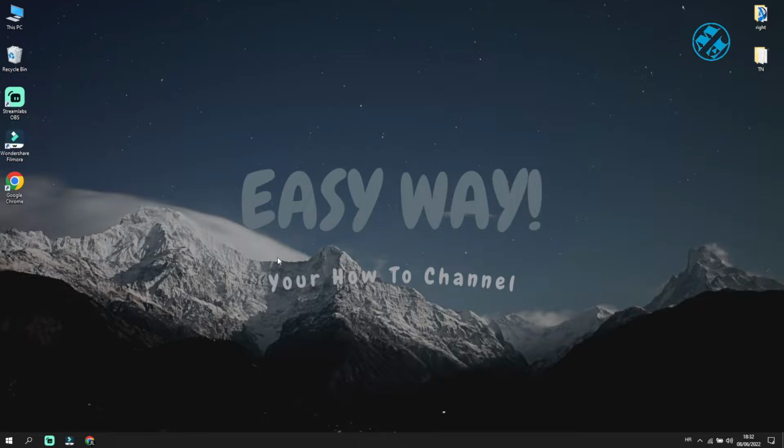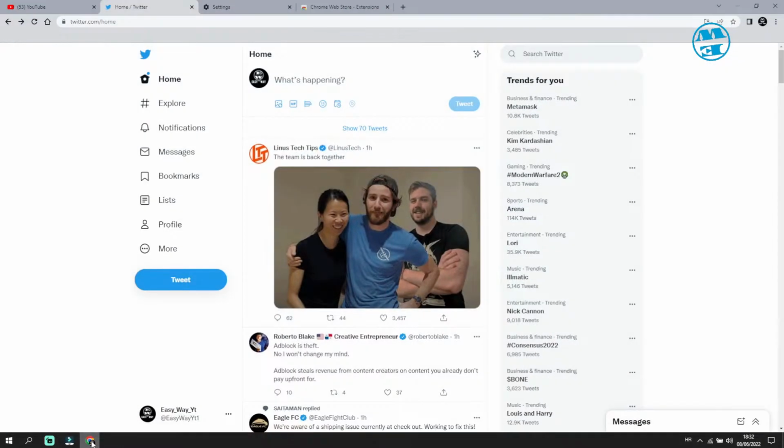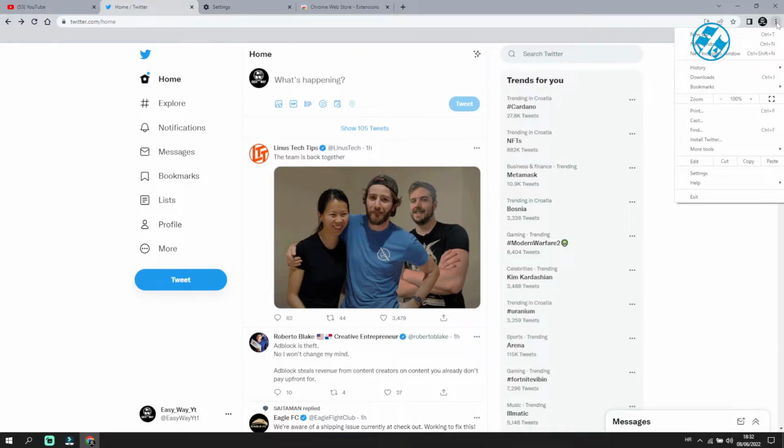Okay. First open Google Chrome, and go to the website you want to add as a shortcut to your desktop. For this video I will go to YouTube and Twitter, but you can choose Facebook, Instagram, Reddit, or whatever page you want. When you are on the front page of your site, click on these 3 dots in the top right